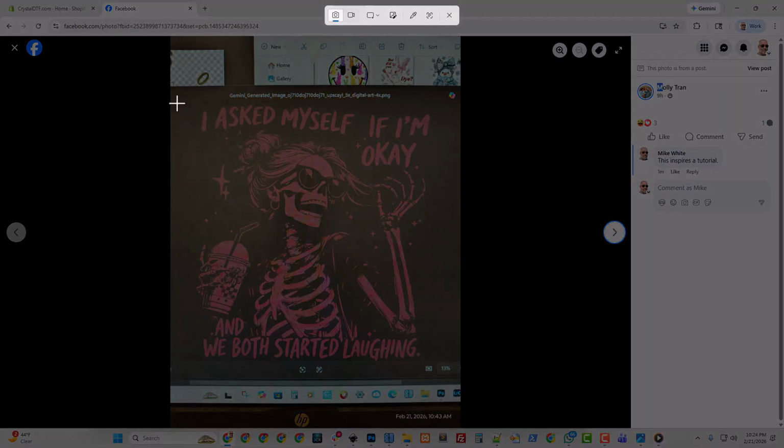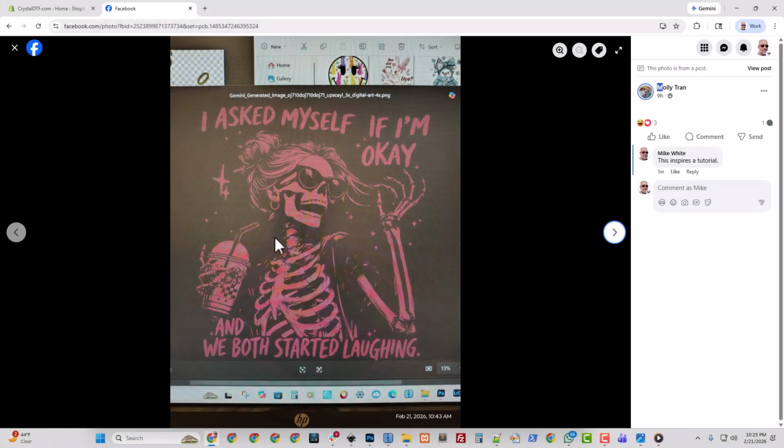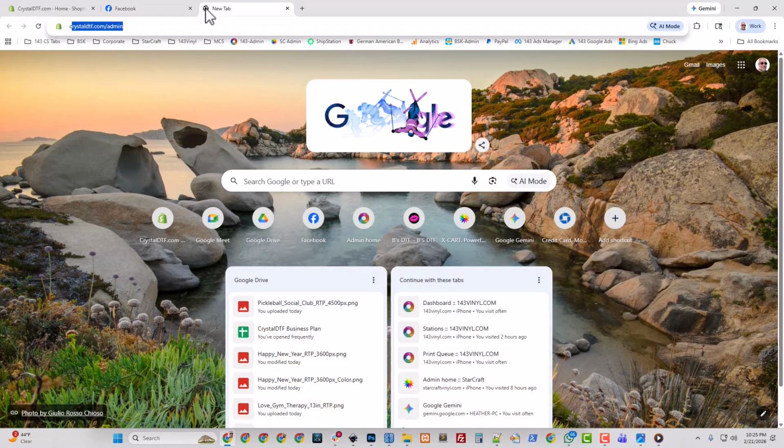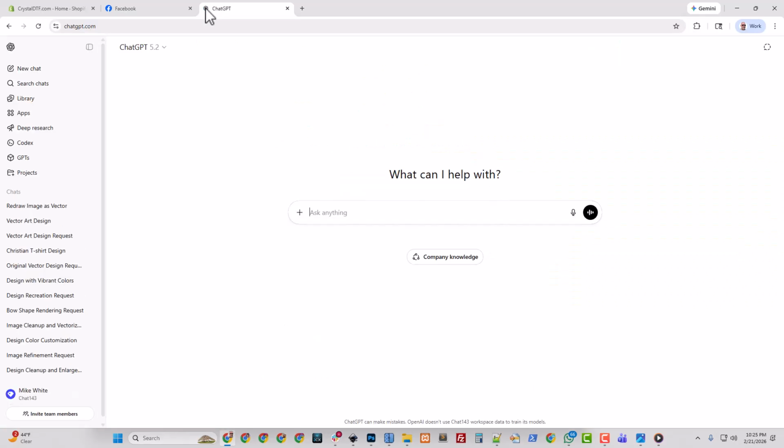So I'm just going to start out by literally taking a screenshot of this gorgeous design. No idea where it came from. And I'm going to go to ChatGPT. Everybody knows that I love Gemini, but I have recently gone to the dark side, and I'm using a little bit of ChatGPT sometimes, and usually I race both of them against each other. I'm probably going to do that in this. This is going to be one of those long, rambling tutorials. And if you're not a fan, just stop the video now. It's going to get long, and I'm going to struggle. And you're going to watch me stress and try to figure out life.